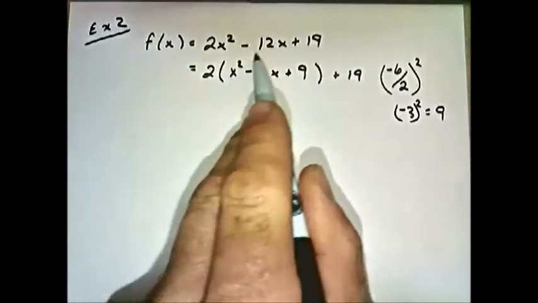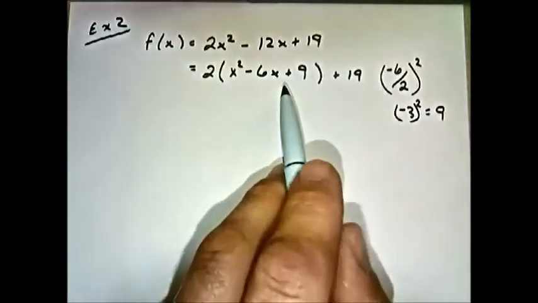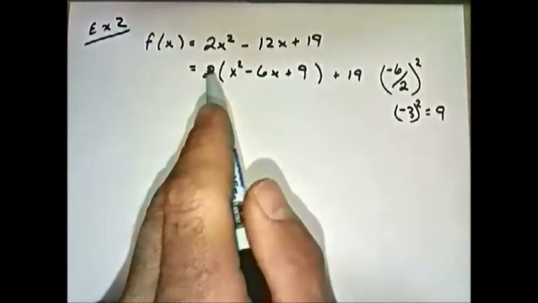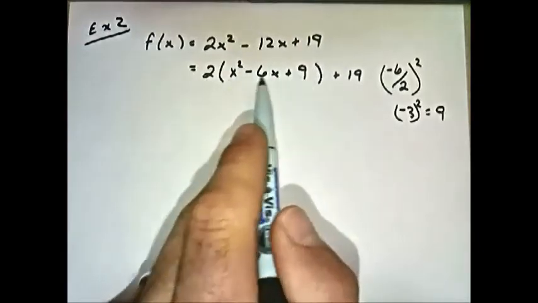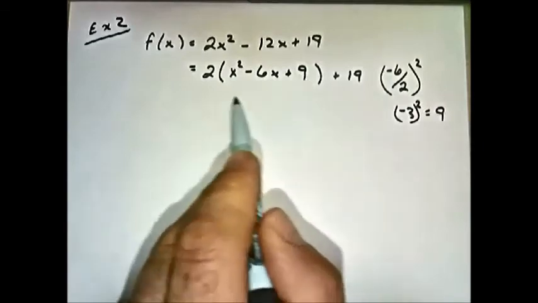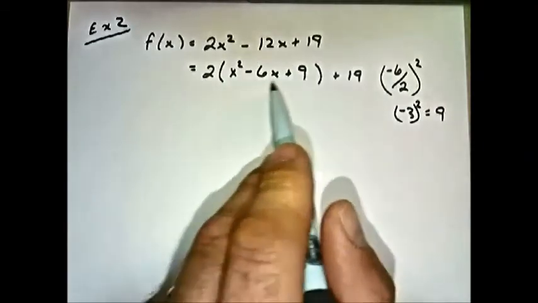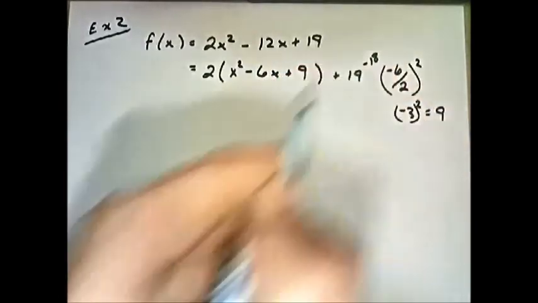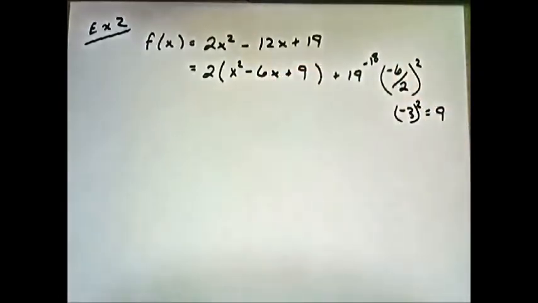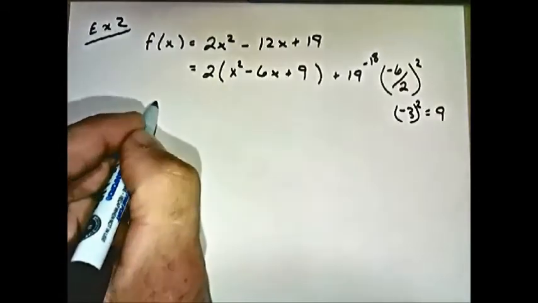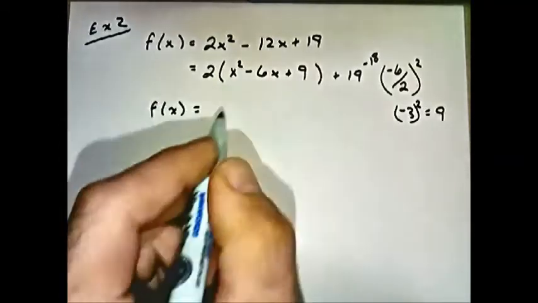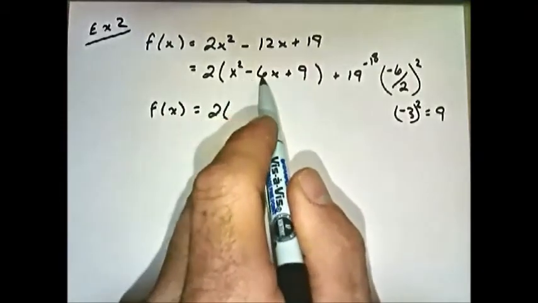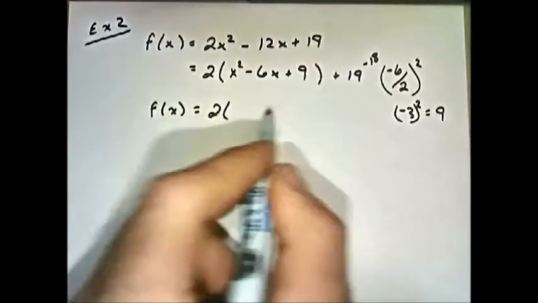But we're not actually adding 9 to this function. If we were to distribute this 2 through, we'd have 2 times 9, which is actually 18. So we're adding 18 to this entire function. To combat that positive 18, we're going to subtract 18 off the end. Simplifying this, our function now becomes 2 times, we're going to factor x squared minus 6x plus 9, remembering that